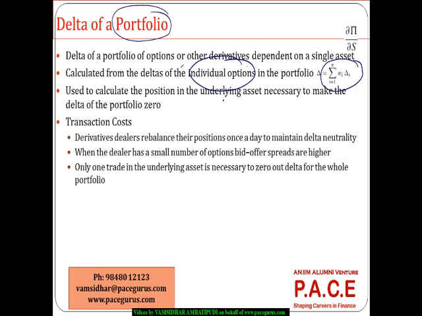So it is primarily used to calculate the position in the underlying asset, finally to make the portfolio's delta 0. At the end, for different options, I'll find Wi delta i. And finally, let's say after doing all this, the delta comes to -200, which means all I have to do is take a position in 200 shares